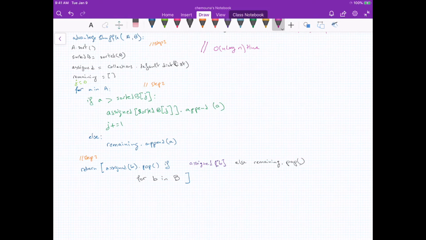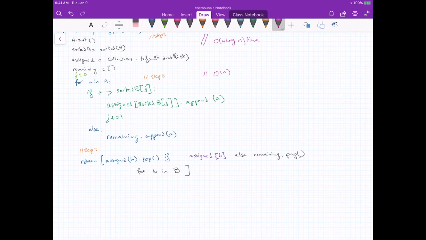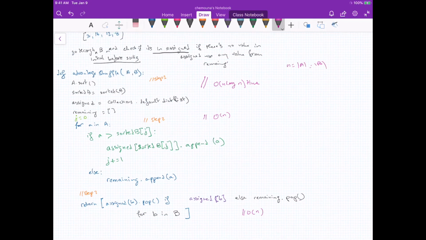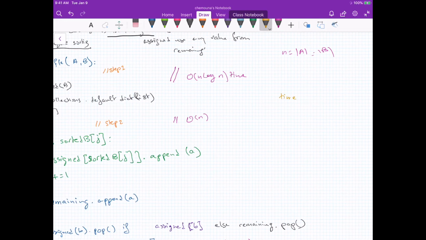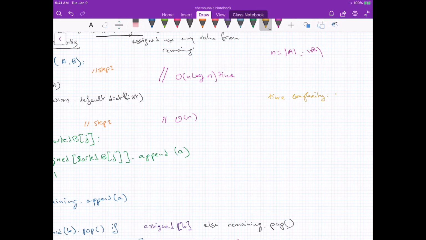So this would be 2n log n, which is just O of n log n. And here we are going through A, so this is O of n. And here, this is also going through B, so this is O of n. So O of 2n plus O of n log n time. So overall time complexity is going to be O of n log n,